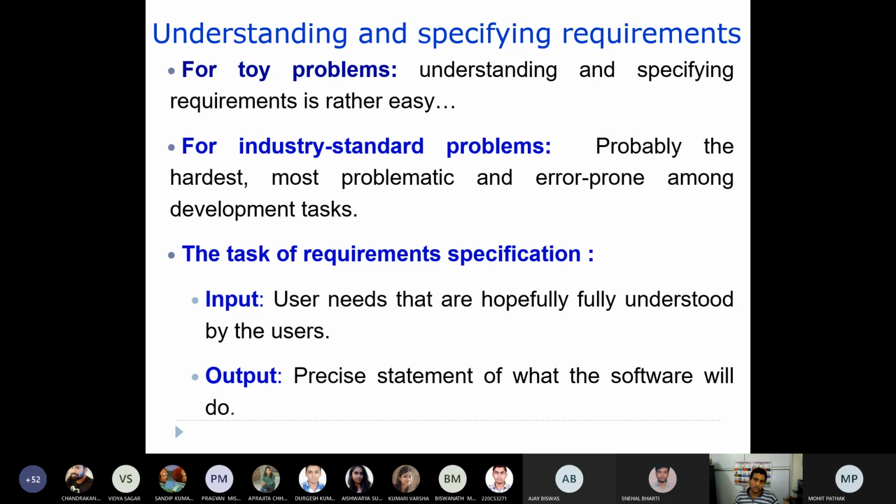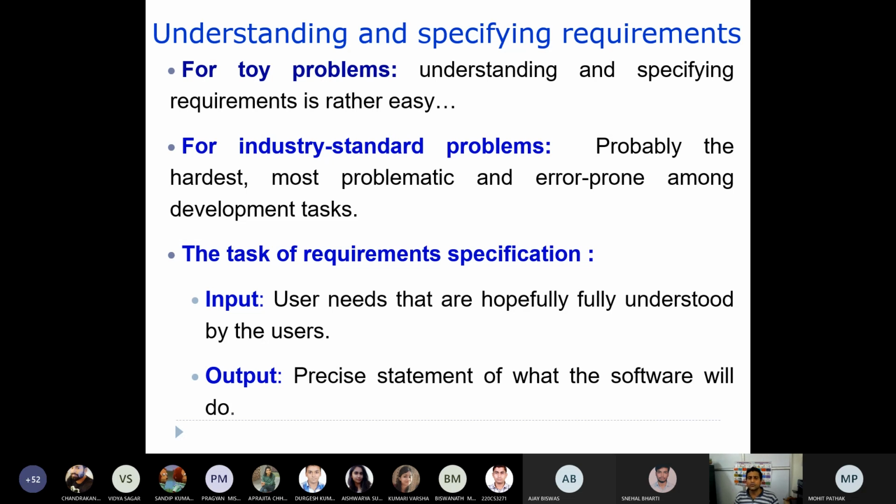Requirement analysis and specification is one of the phases. If any error is made here at this point of time, accordingly the error is reflected in the design, accordingly the error will be reflected during testing, and accordingly the error will be reflected during coding. So this is the phase where you need to give utmost care. So what are the various tasks of this requirement specification?